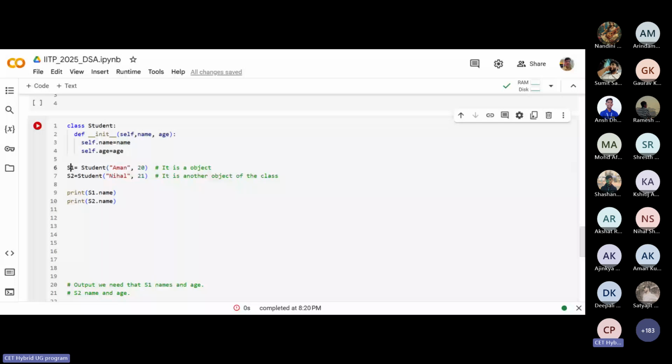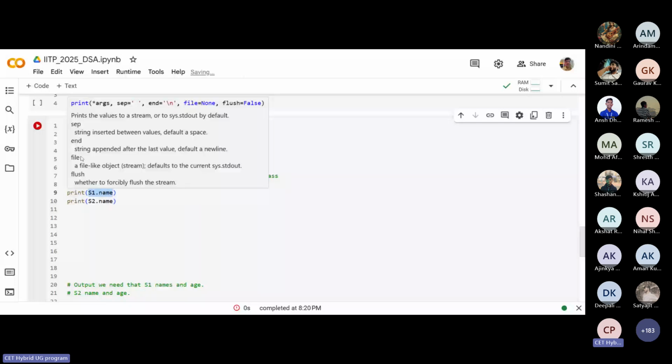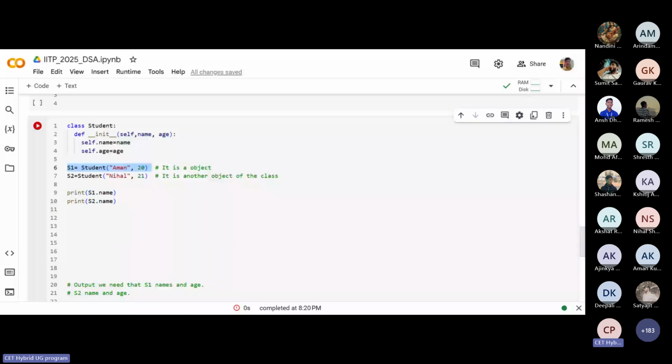सो दिस सेल्फ इज S1 डॉट नेम एक्सेस, S1 डॉट नेम कैसे आया, आपने तो साइन नहीं किया S1 डॉट नेम में कुछ भी, सेल्फ डॉट नेम पे किया था, बट द मोमेंट यू क्रिएटेड दिस ऑब्जेक्ट, व्हाट हैपेंड, S1 डॉट नेम पे ये सेल्फ की वजह से, मतलब इस करंट इंस्टेंस S1 की बात कर रहा है, स्टूडेंट बना, और सेल्फ मींस दिस S1 के नेम और S1 के एज, फिर S2 के नेम एंड S2 के एज, this self is controlling this, so this is predefined syntax for init function in class for Python. Okay,